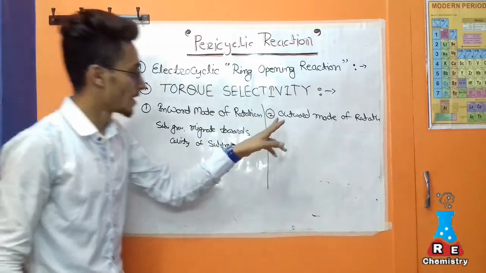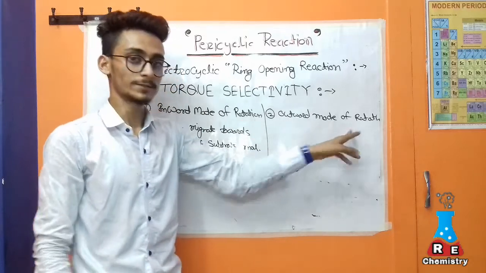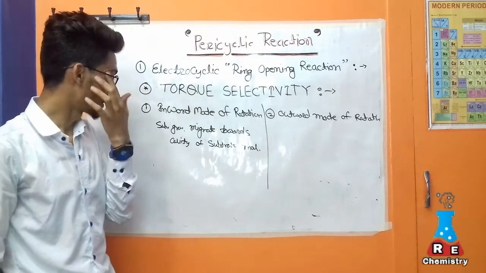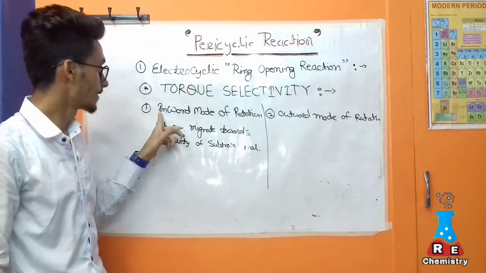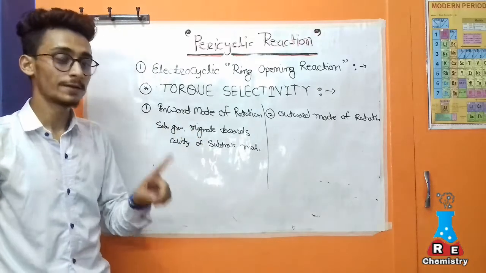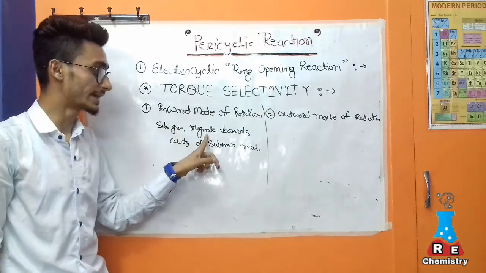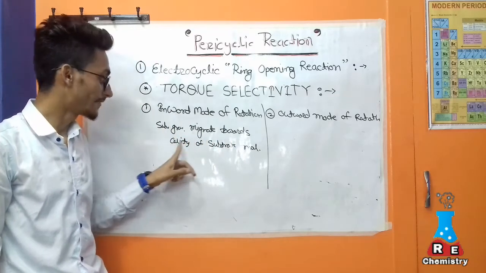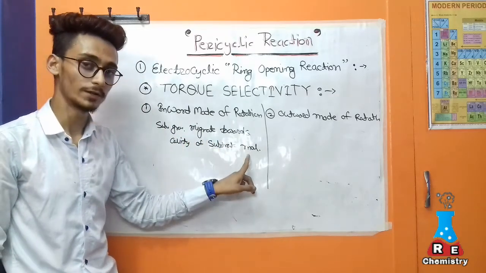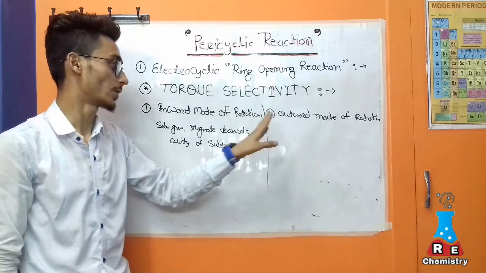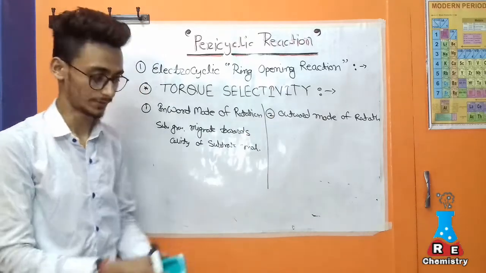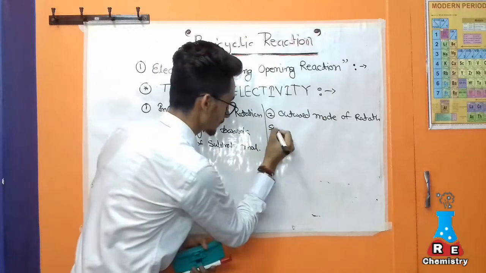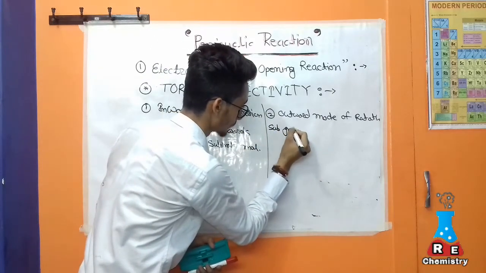Okay, so what is the outward mode of rotation? It's opposite to the inward mode of rotation. If the substituent groups migrate away from the cavity of the substrate molecule, this type of rotation is called the outward mode of rotation. Okay, so the substituent group